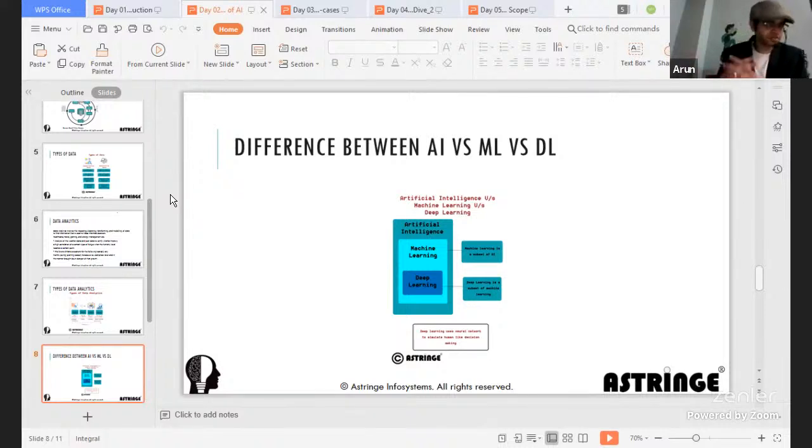But having said that, is deep learning always required? The answer may be yes, the answer may be no. It depends on the business use case as well. If it is a simple use case, you may not need a deep learning model. If it is a very complex use case, or if you need a prescriptive analytics type of application, then you will go with the deep learning model.